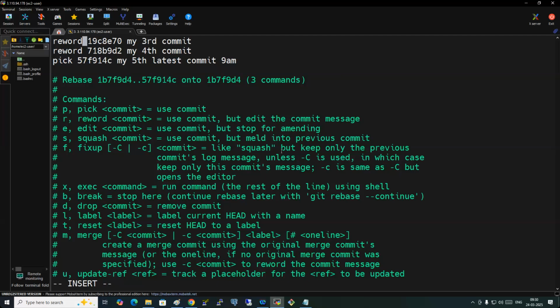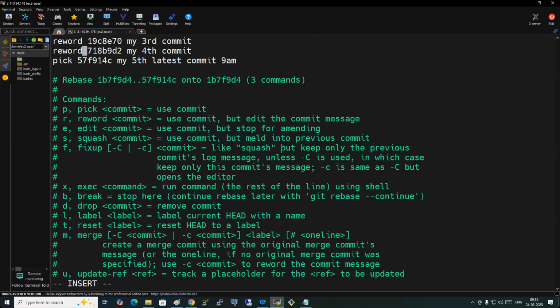That is the concept of reword. Squash, what is that next? Squash means, I'll give the example for that also. You're combining multiple commits. We'll show that. First, how many commits have I given reword? 2 commits. Now if I save it, what happens is it will open a VI editor interactively